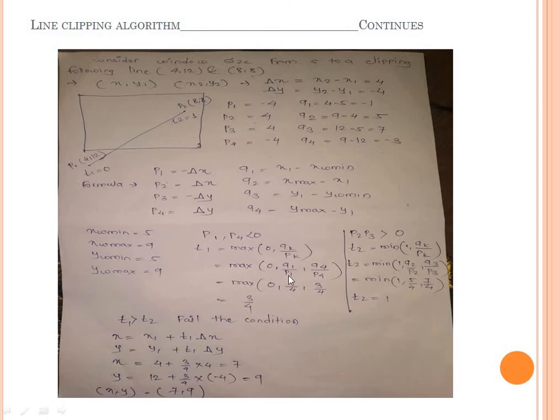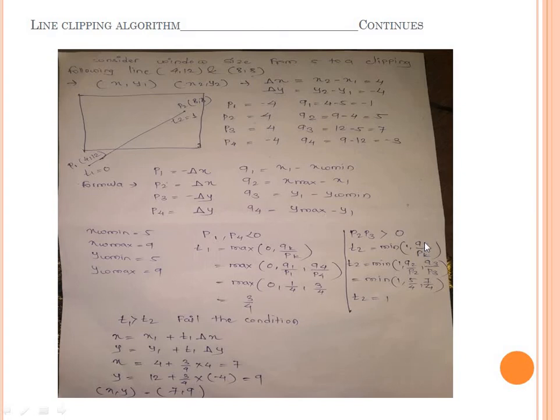Here is the Q1 and P1 and Q4 and P4. Q1 is equal to -1 and P1 is equal to -4. Then Q4 is equal to -3 and P4 is equal to -4. So here we get 3/4 by calculating this. Then we calculate the T2 value, that is T2 is equal to the minimum of 1, Qk